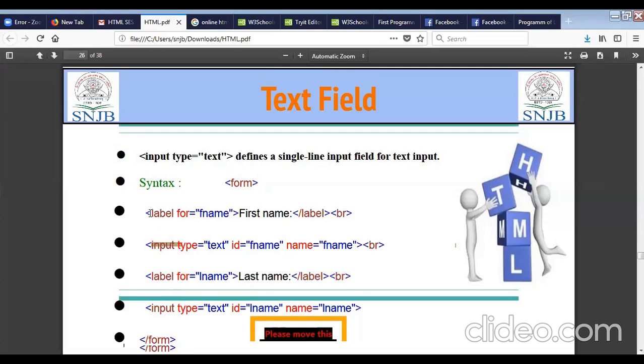There is again two concepts for giving the label, this is for text field, and input is for text area. So there are two concepts in text field, label and input. Label has the attribute for, and input has three attributes, that is type, id and name. For last name also the same.